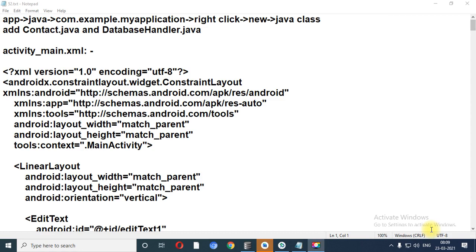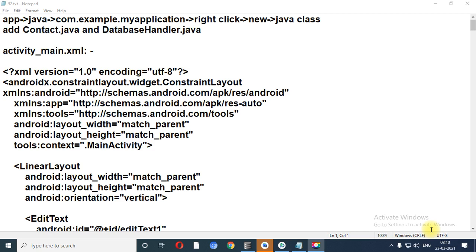We have completed 4 topics based on unit number 3, related to database connectivity. Number 1, shared intent. Number 2, shared preferences. Number 3, internal storage. Number 4, external storage. These 4 are the programs which we have already developed. I would like to recall that session once again, then I will start with today's topic.